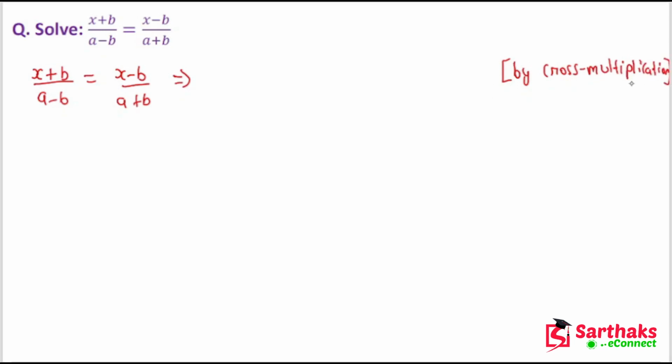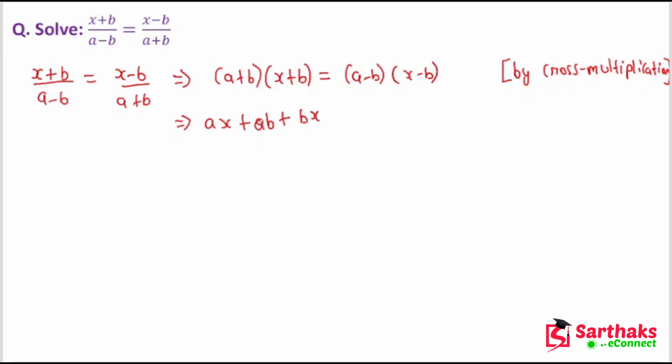you can write by cross multiplication. We have (a + b) into (x + b) is equal to (a - b) into (x - b), right? So by cross multiplication you have (a + b) into (x + b) is equal to (a - b) into (x - b). You can multiply them inside, so ax + ab + bx + b square,